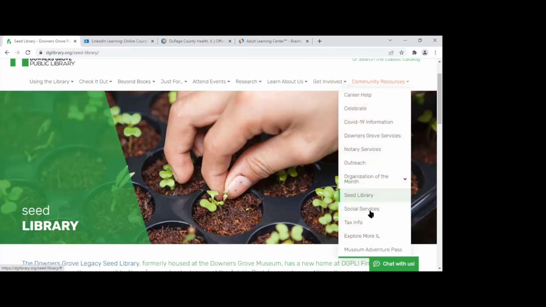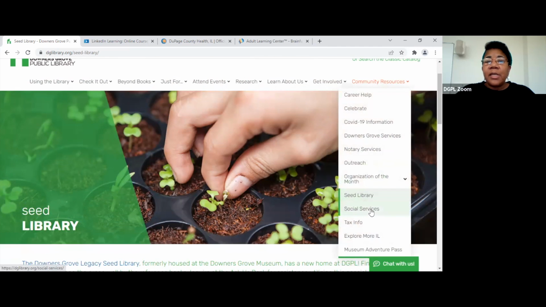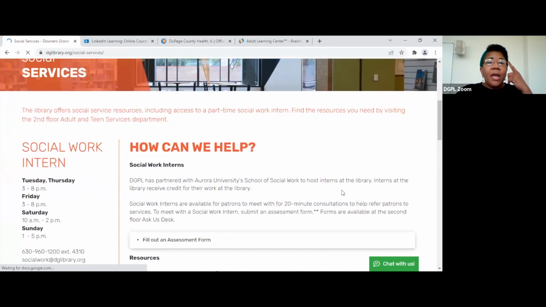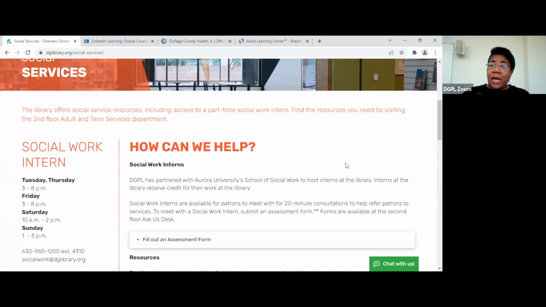Let's see. Okay, social services. This one I feel is very beneficial to us at this time. You mentioned that a lot of people are without jobs or trying to bounce back from the impact of COVID, or you may know someone who is suffering from anxiety or having some problems. We actually have social work